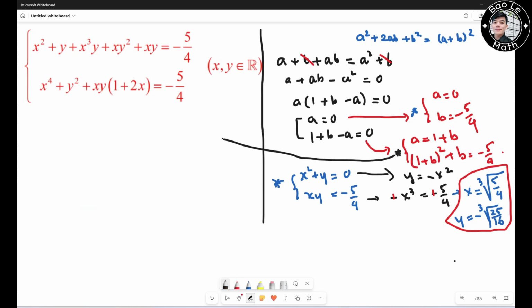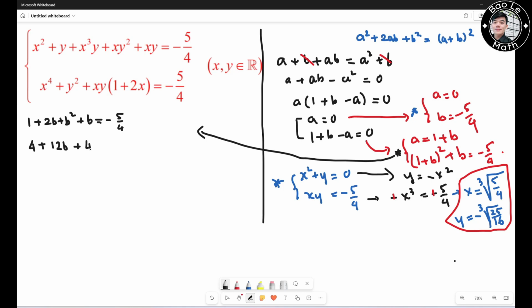Alright, for the second system, I need to solve the bottom one first. So I have 1 plus 2b plus b squared plus b equals negative 5 over 4. Alright, so this one I'm going to multiply both sides by 4. So it turns out to be 4 plus, this is 2b plus b, it could be 3b, 3b times 4, it could be 12b